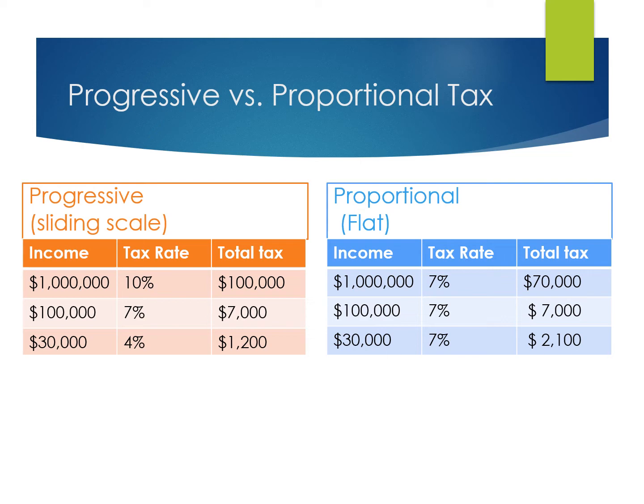If you were making $100,000, so a solid middle class to upper middle class income, you'd pay 7%. So here we see that not only would you pay more money than the person who was making $30,000, but you'd actually pay a larger chunk of your pie of income. Meanwhile, if you were in a super wealthy category with $1 million of income, you might pay an even higher rate, let's say 10%. That's what we mean by a progressive scale.